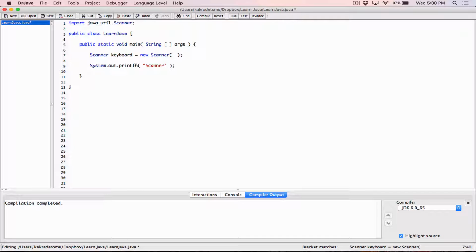So by doing this, I've created a class type variable of type scanner, meaning this variable is going to hold or refer to an object created from this class. And I'm using this new keyword to create an object. What type of object is it? It's a scanner object. Now in this parentheses over here, I need to specify